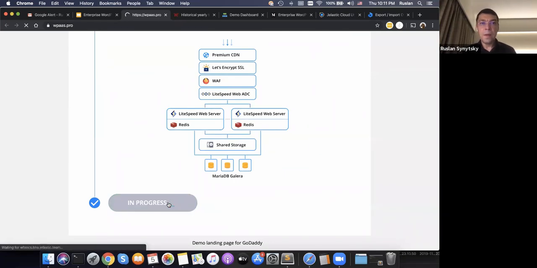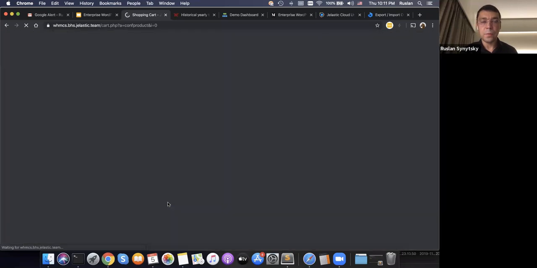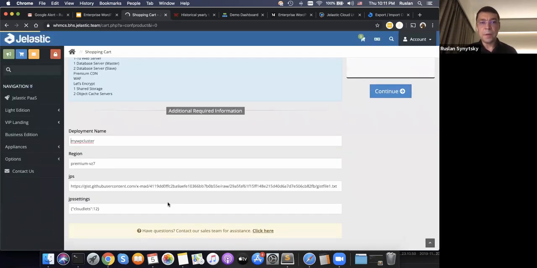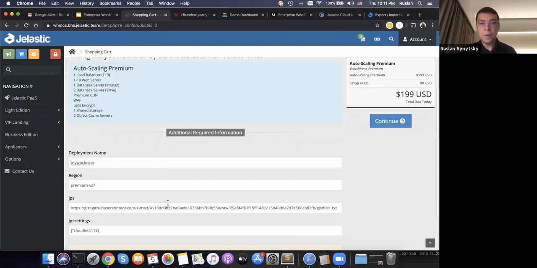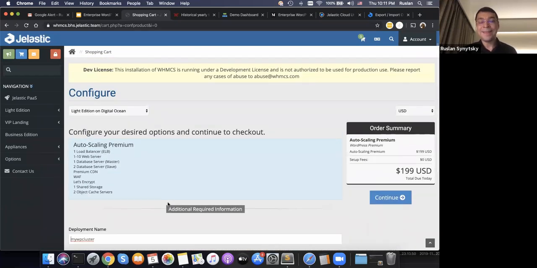deployment. This landing page will redirect to a billing system and request your customer to put in a credit card and make the initial payment for the first month. After the customer completes the step, the system will automatically provision the cluster and send an email notifying that the cluster is up and running.